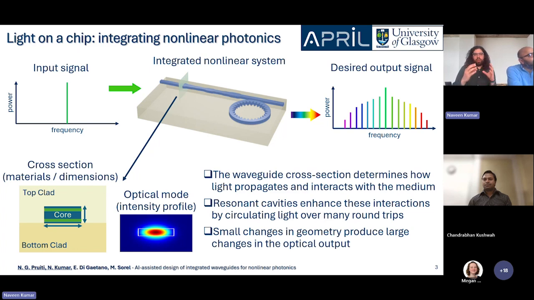We can have a uniform material waveguide, where the core is just made from a single material, but you can also combine different materials together, which further complicates the design problem, as you'll see. Based on this cross-section, you have an optical mode, and that shows you how it interacts with the different materials. And then we can use resonant cavities to enhance the interaction of the light with the material, so as to further